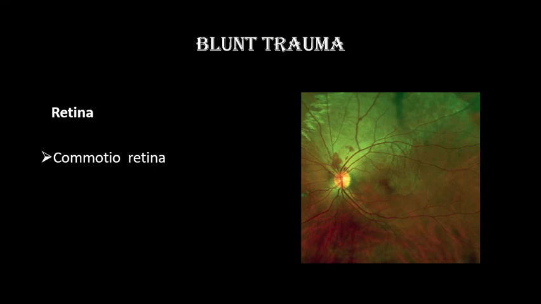Again, next comes the retina, and blunt trauma can cause commotio retinae. In commotio retinae, basically there is damage to the photoreceptors and damage to the pigment epithelium, and we can see this retinal edema because of damage to the RPE cells. This commotio retinae can be peripheral or it can be central also, if involving the macula. If it is involving the macula, this is associated with significant reduction in the visual acuity. And peripheral retina involvement is usually unnoticed.